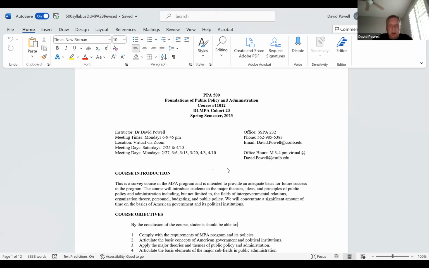Because after all, you are in an MPA program, so it is distinct and separate from another program such as an MBA, a business administration program. So we'll talk about some of those distinctions and what makes an MPA different than an MBA. But in doing so, one of the goals of this class is also to place public administration within the greater